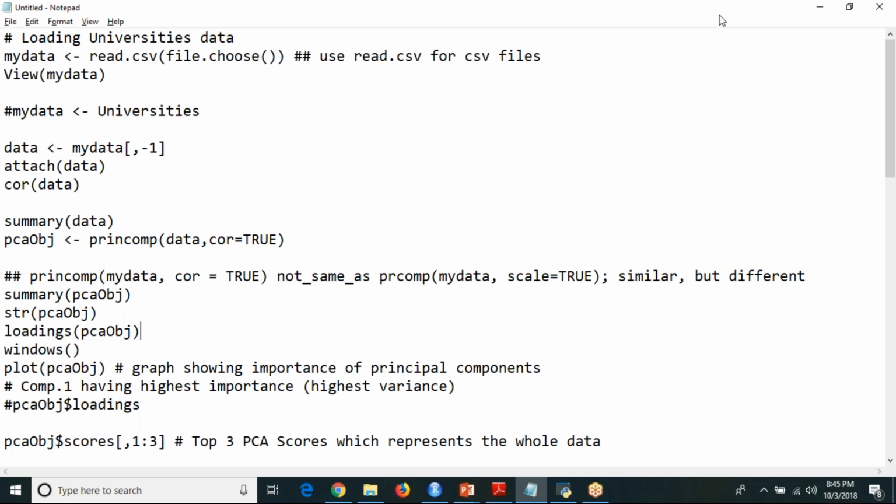And yes, you can ping me your code on the chat window. Can somebody ping me the screenshot of your data set? Open the data set and send me the screenshot.